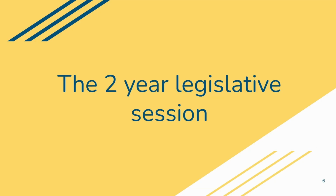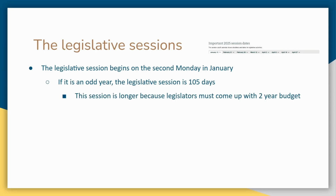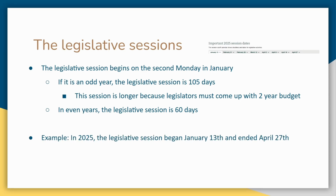The two-year legislative session. Legislative sessions begin on the second Monday in January. If it's an odd year, the legislative session has 105 days. The session is longer because legislators must come up with a two-year budget. In even years, the legislative session is 60 days. For example, in 2025, the legislative session began January 13th and ended April 27th, 105 days later. The 2025 and 2026 sessions share the same bills and bill numbers. So every odd year is the beginning of a two-year legislative session, and every even year has the end of